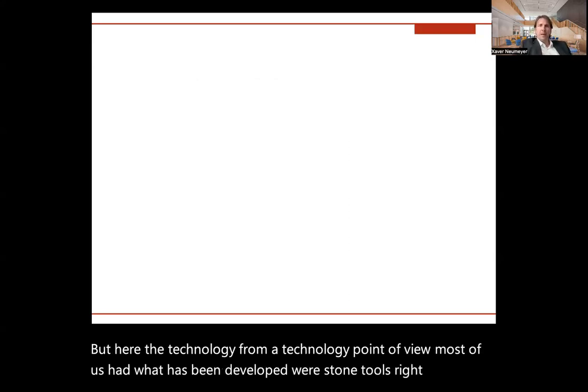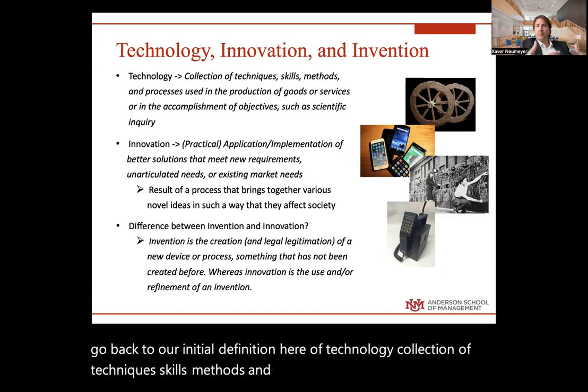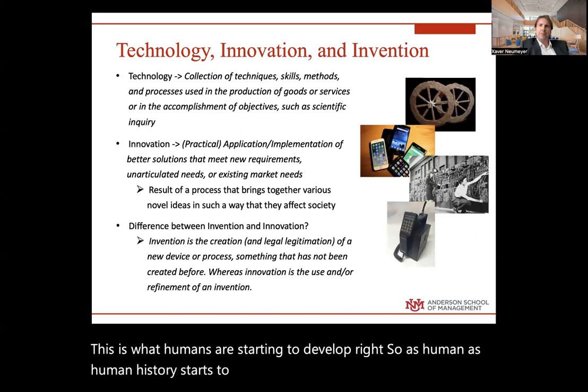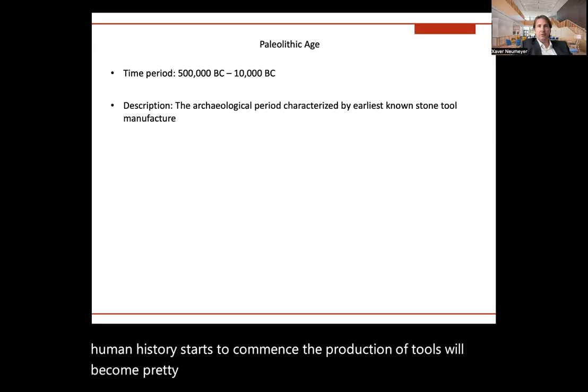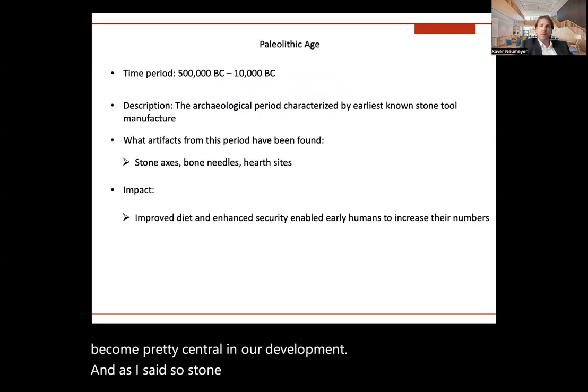If we go back to our initial definition of technology, a collection of techniques, skills, methods, and processes, this is what humans are starting to develop. As human history starts to commence, the production of tools will become pretty central in our development. And as I said, stone is the main production material. Fire,